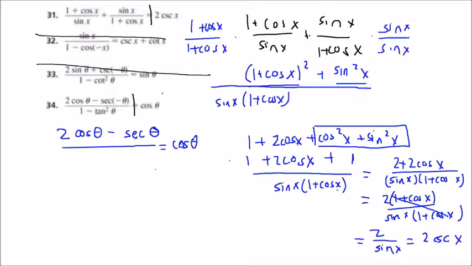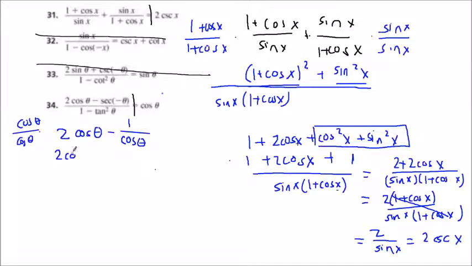So we have our second problem right here, 2 cosine theta minus sec of minus theta. Now this sec of minus theta is technically sec of theta, because sec is 1 over cosine, and the cosine of minus theta is just the cosine of theta, because we've already seen last time that that's the case. So it's just regular sec of theta. So you can combine these. Before I write the whole expression down, I'm going to combine these first. So 2 cosine of theta minus 1 over cosine of theta. We can multiply by cosine of theta over cosine of theta right here,